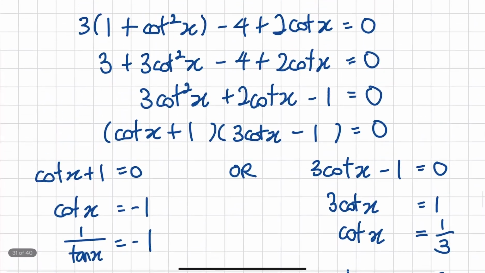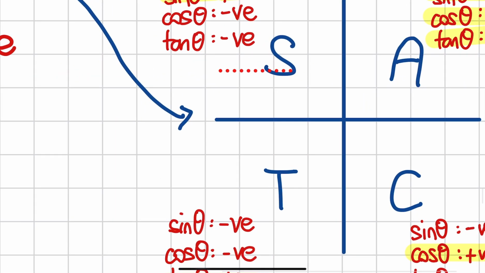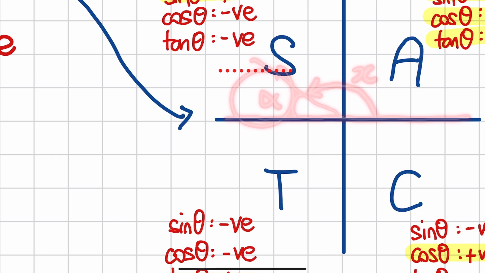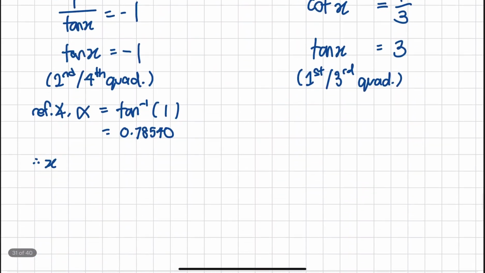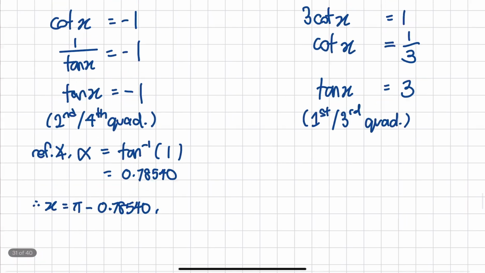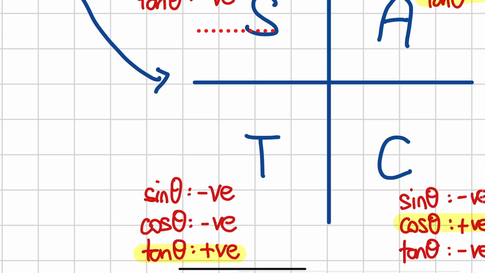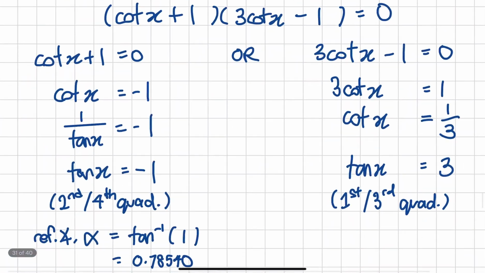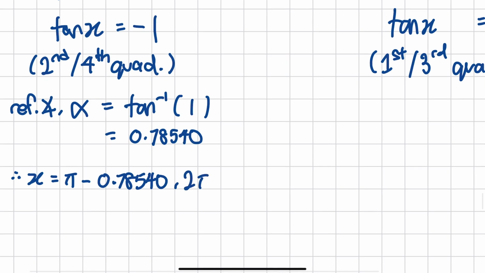Remember, for your angle to lie in the second quadrant, I found my reference angle. This is your alpha. So therefore, this angle x is 180 degrees minus the reference angle in your second quadrant. So in radian measure, second quadrant it is pi minus 0.78540. And now in your fourth quadrant, remember again, fourth quadrant means your reference angle is this. So I want to find this angle here, which is your x. So fourth quadrant, it will be 2 pi minus alpha to get your x. So over here, this will be 2 pi minus